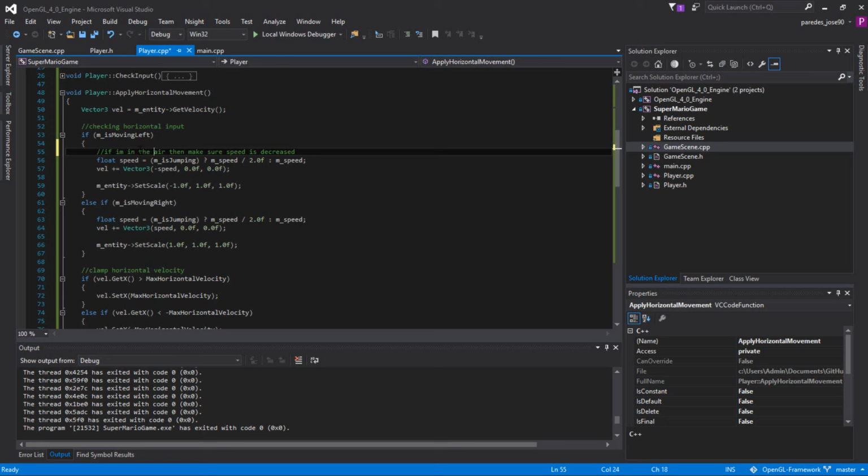Well, one is I already checked horizontal movement. It does not set it until I'm in here. So velocity at first should be 0. So let's try that. If I'm jumping and bell dot